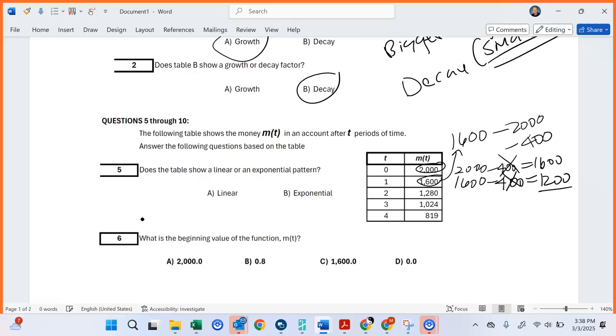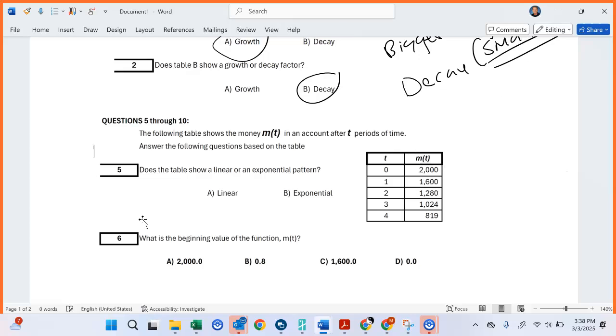Now we're going to try something else. Now we're going to try division to see if it's exponential. So it's not linear. I mean, it has to be exponential, but let me show you how. So I go 1,600. Remember, to try exponential, we go divided by 2,000. And that is equal to, if you do your calculator,